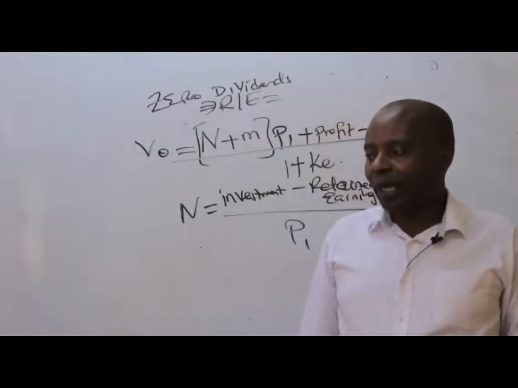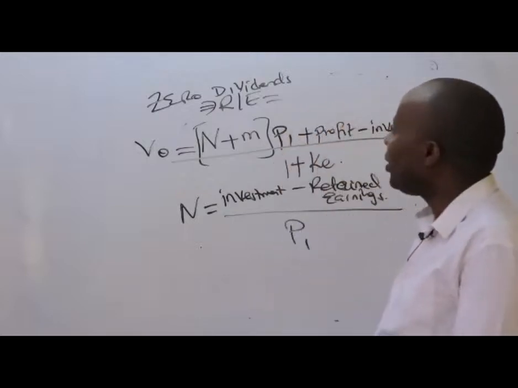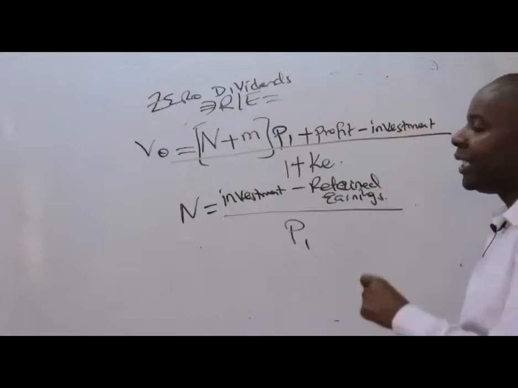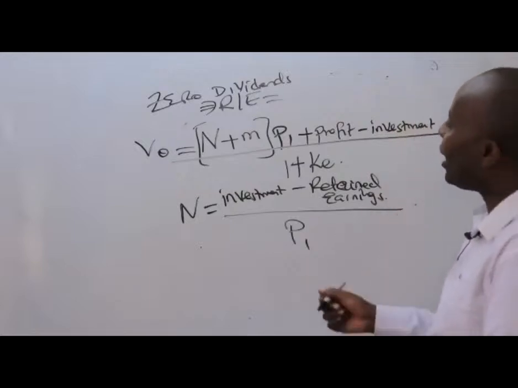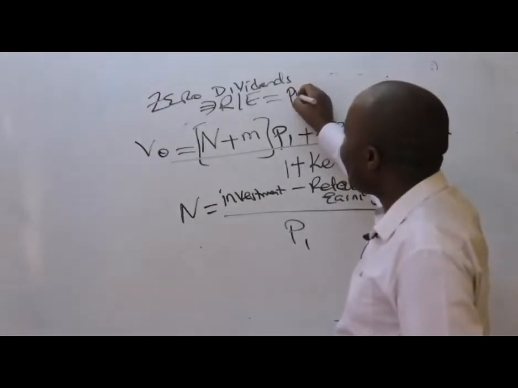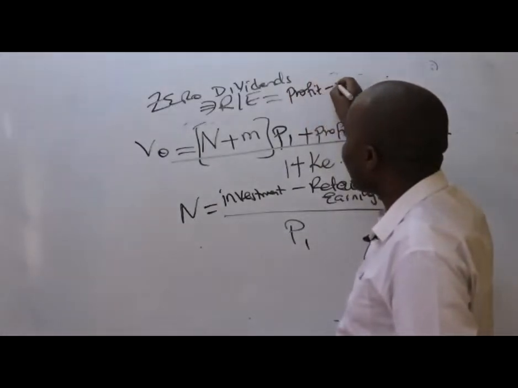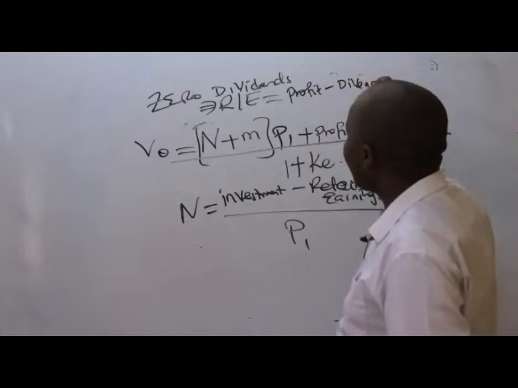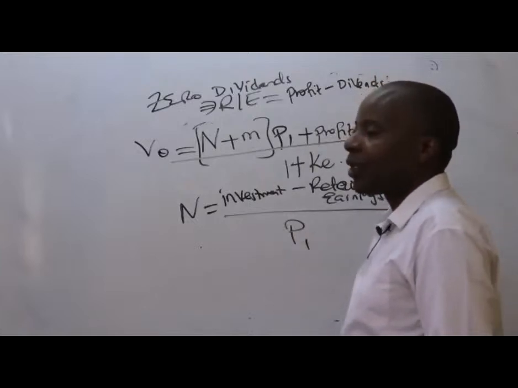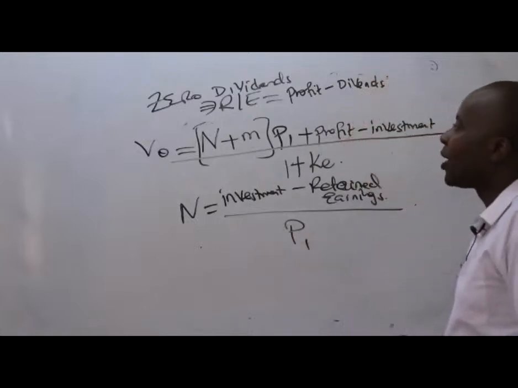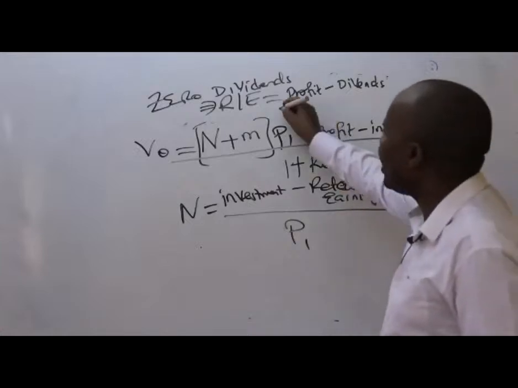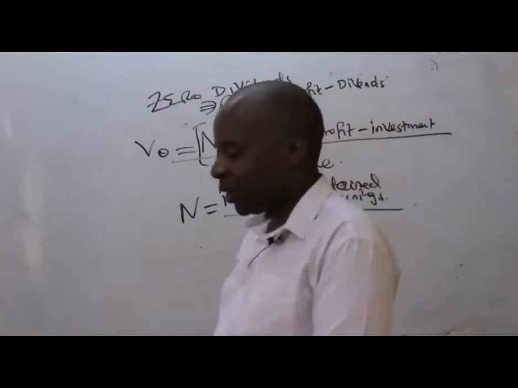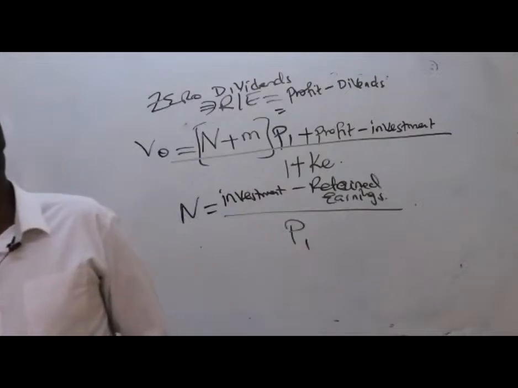So, ladies and gentlemen, to be able to get retained earnings, we normally take the profit that we get minus what we pay out, minus our dividends. So the profit which we generated from the question here,